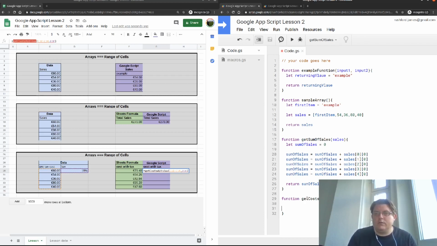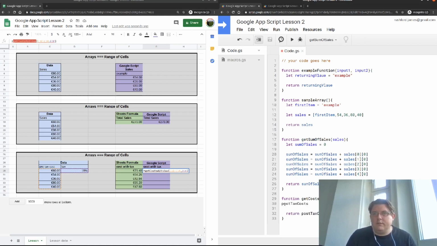And what we want to return is a costs with tax, or so we can have a plural at the end of the name and keep it succinct like this. We're going to call it post-tax costs. So return post-tax costs,